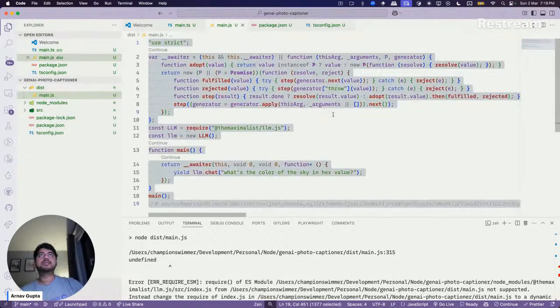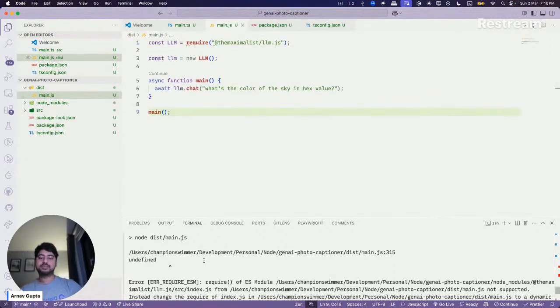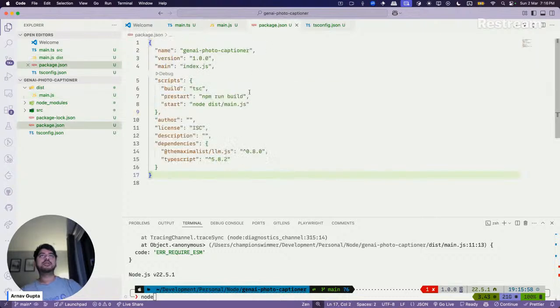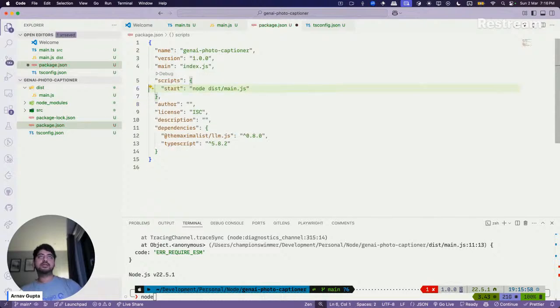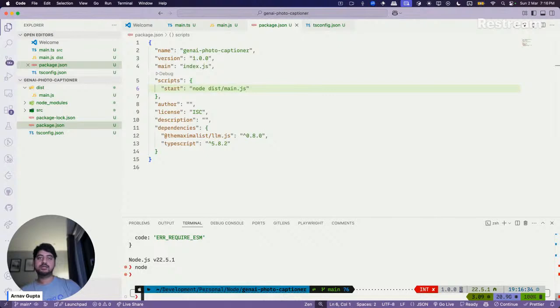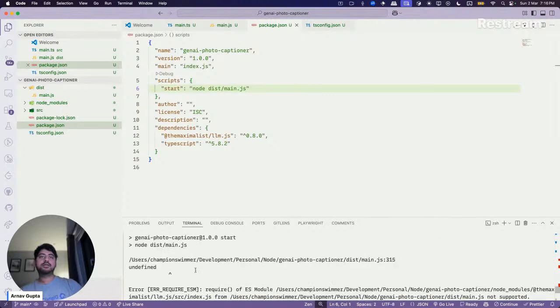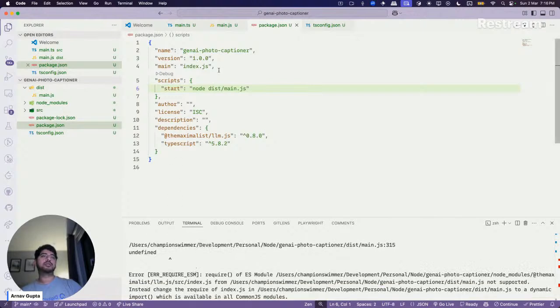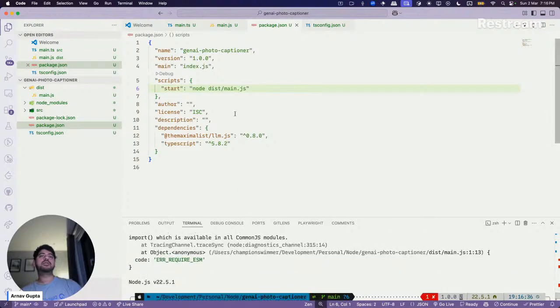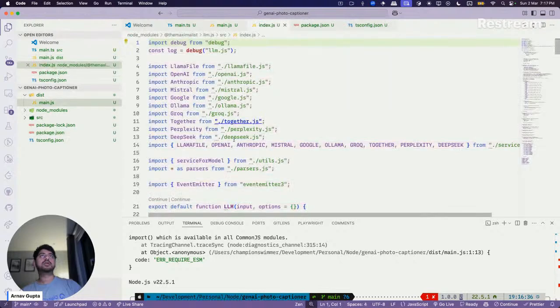I'll not write it in TypeScript; I'll try to do TypeScript later, maybe. Oh, okay. Why does that happen?